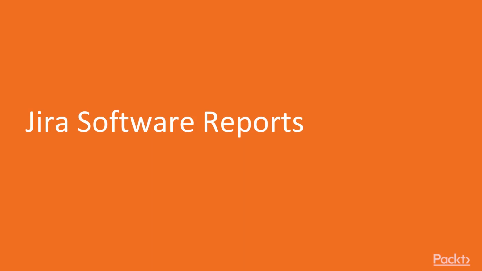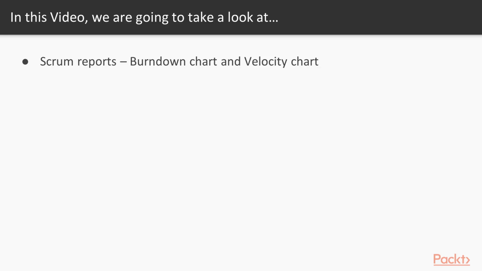In the previous video, we discussed how to configure a Kanban board. Let us now take a look at Jira software reports. In this video, we are going to take a look at Scrum reports. We will take a look at burn down and velocity chart, and we'll also take a look at Kanban reports,